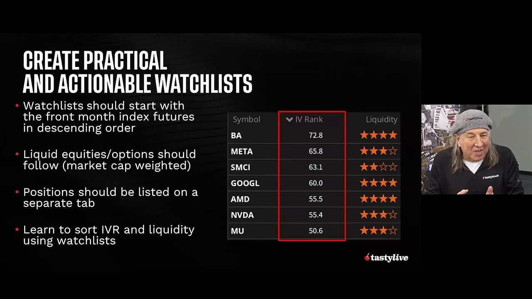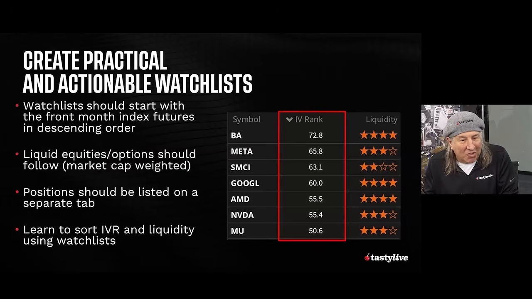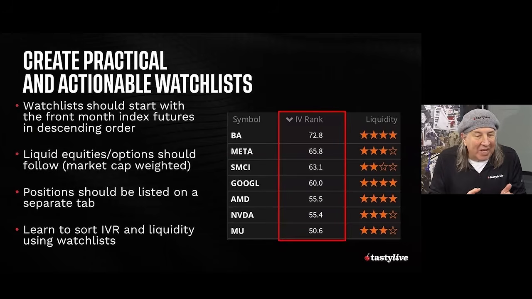So you can see, some have 2-star liquidity, some have 3-star, some have 4-star liquidity. Google and AMD have 4-star liquidity. I would argue right now NVIDIA easily has 4-star liquidity, but some, like SMCI, might have 2-star liquidity. What's interesting about this is that on different platforms now, you can sort by liquidity if you want, but I always